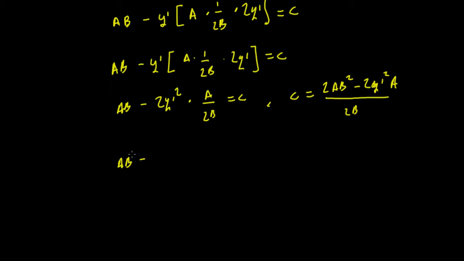So we've got our a times b squared minus our y derivative squared a all upon our value b, which equals our a b squared, just take out the common factor of a there, a times b squared minus y derivative squared